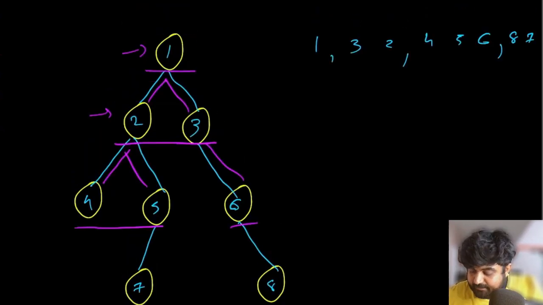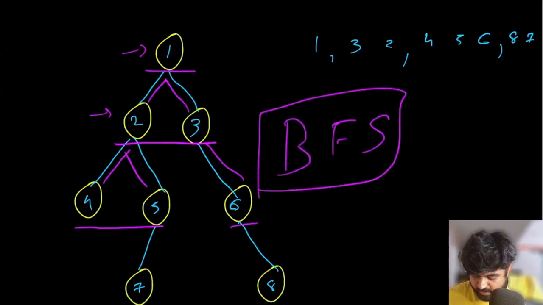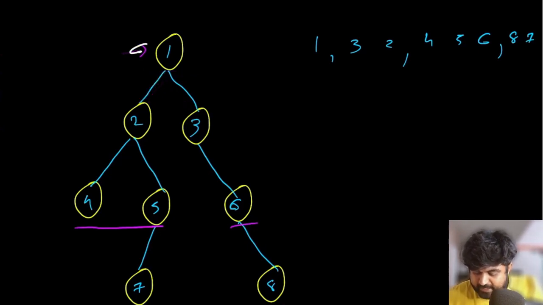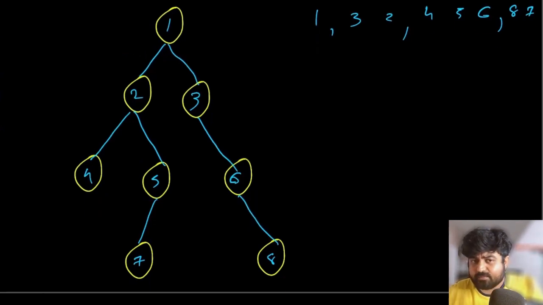And this can be achieved using breadth first search because it's pretty simple to do, and this is how traversal is done in trees using breadth first search. That is a level order traversal. So even in this case, we are going to use breadth first search to run through the simple level order. But how do we use breadth first search?